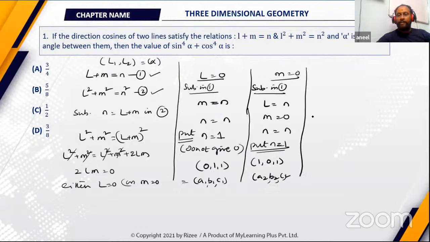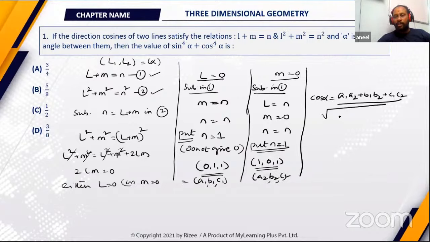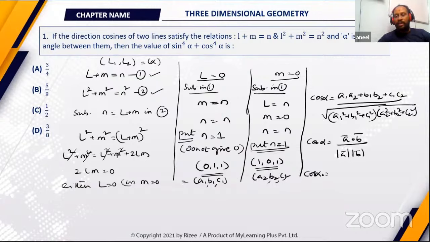So now you know the direction ratios of the lines. You have been given that the angle is alpha. So cos alpha, the angle between the two lines, is given by A1 A2 plus B1 B2 plus C1 C2 by square root of A1 square plus B1 square plus C1 square into square root of A2 square plus B2 square plus C2 square. If you feel that the formula is looking a little lengthy, please do recollect that it is nothing but A bar dot B bar by mod A bar into mod B bar. What we have seen in vector algebra is the same formula. In geometry, it looks a little bigger, nothing more.